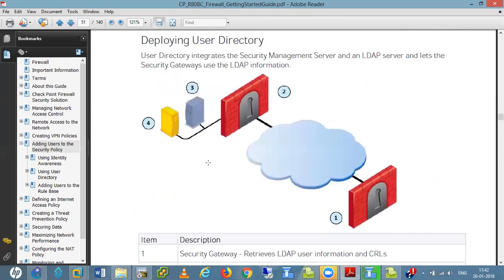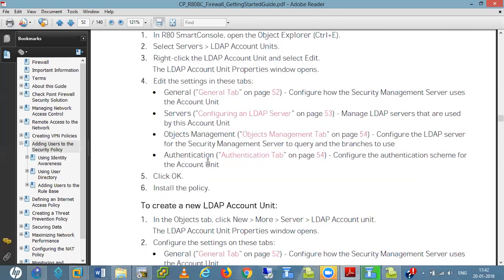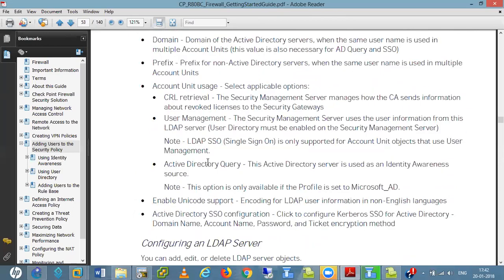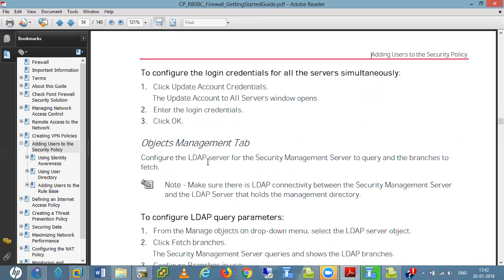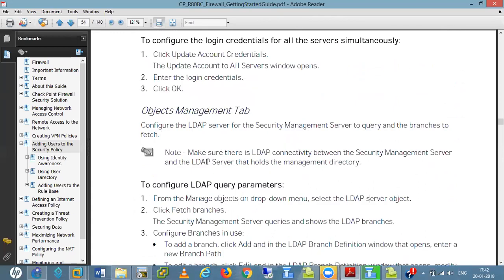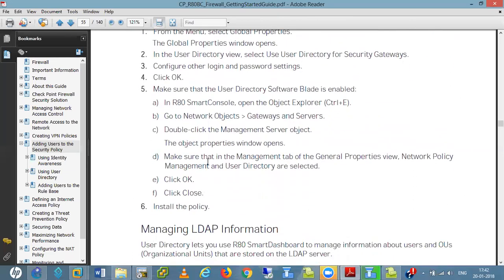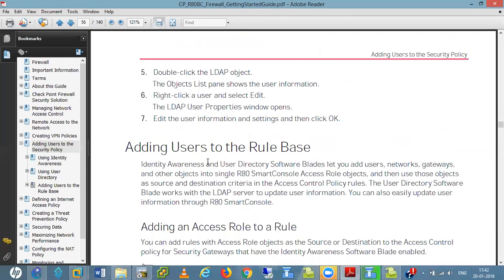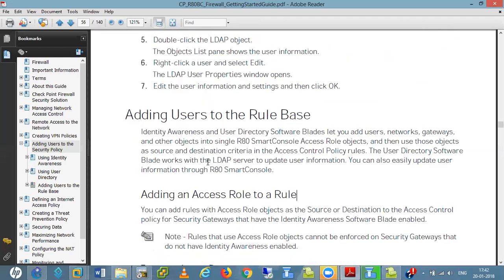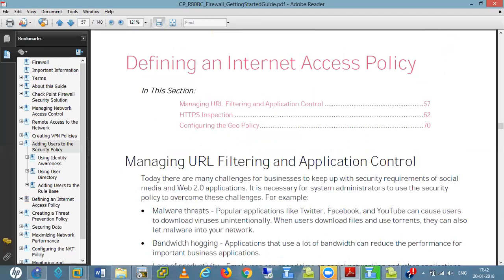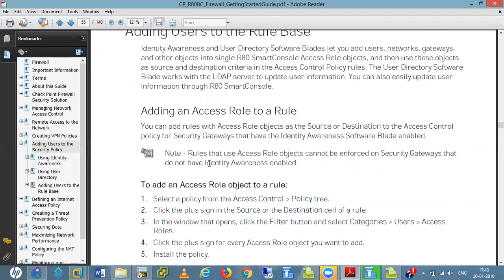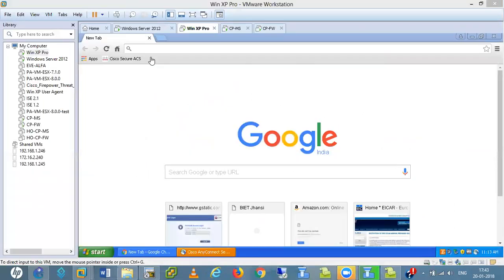So user directory. I did only half of the Palo Alto practicals; I stopped at half. You complete all the practicals. Otherwise, high availability, and NAT also is half done, half not done. Otherwise you lose lots of things. These are the things which I think I have explained to you. If you find anything else, just ask me and I will definitely tell you.